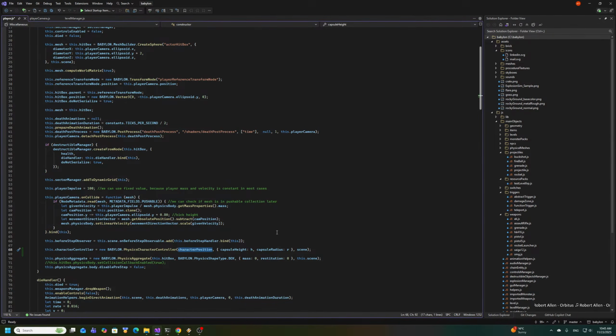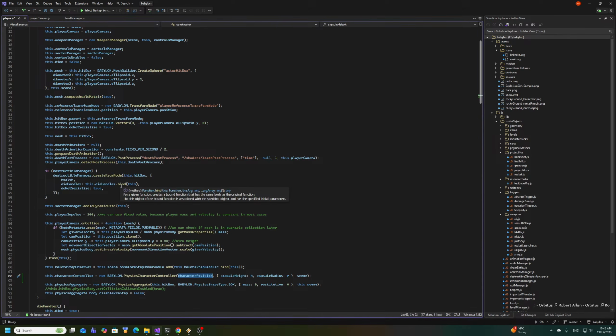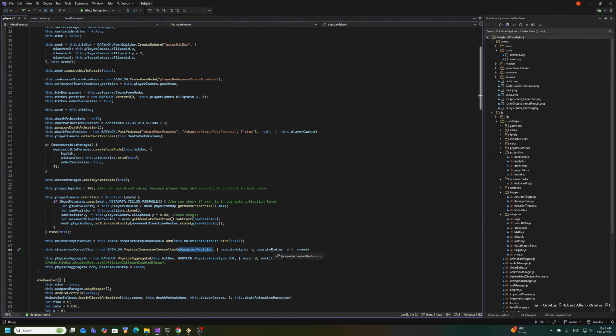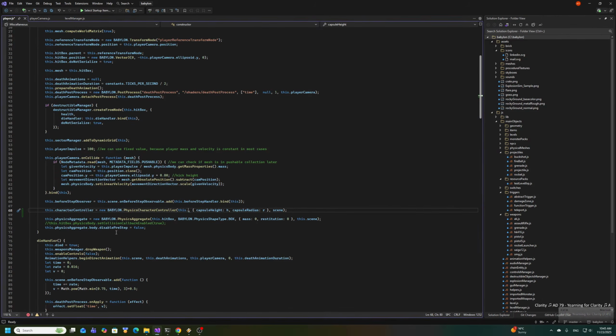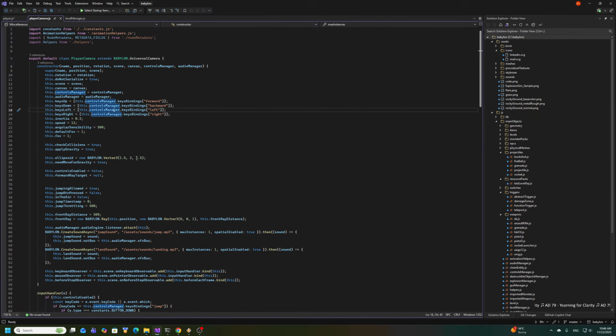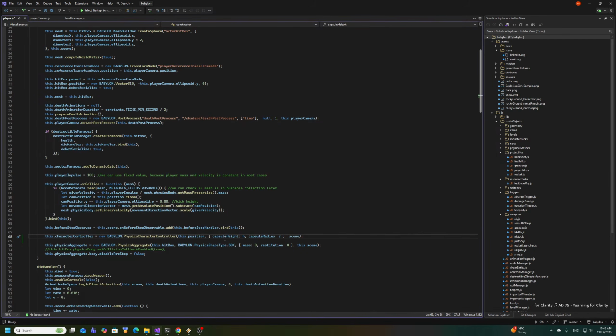So the position will be this position, and the capsule height we do through an ellipsoid, and this goes from here 1.5 and 2. Okay, 2. It's actually height 4